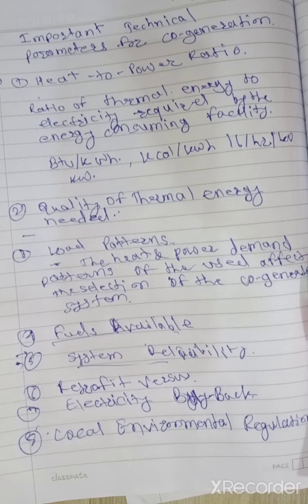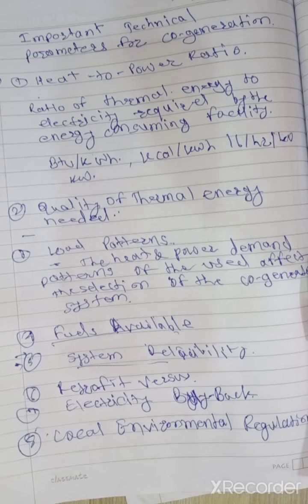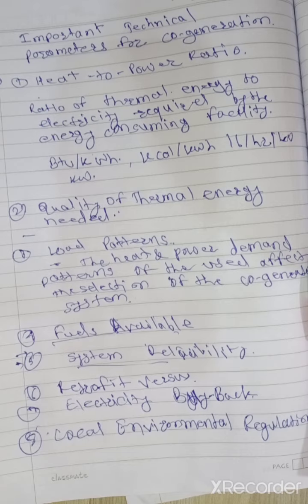Thermal energy can be used either for direct process application or for indirect process: steam, hot water, hot air for dryer, and chilled water for process cooling. Cogeneration provides a wide range of technologies for applications in various domains of economic activities. The overall efficiency of energy use in cogeneration mode can be up to 85%, whereas in a conventional power plant it is only 35%. So we have to utilize more and more energy.